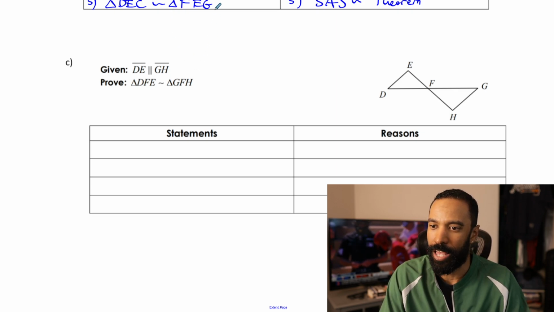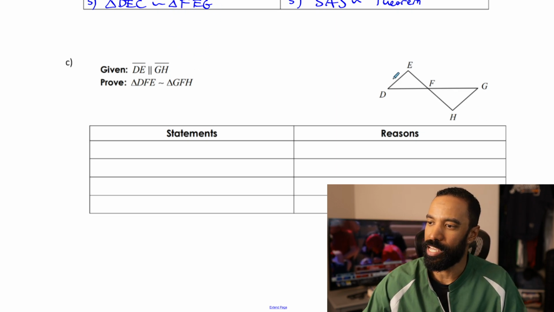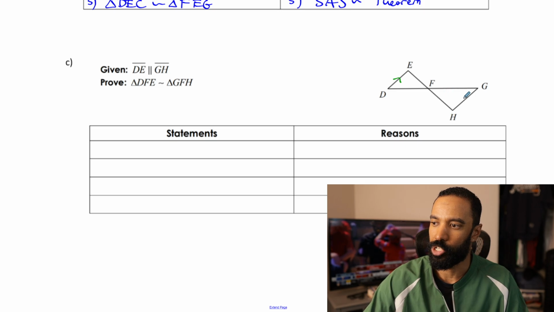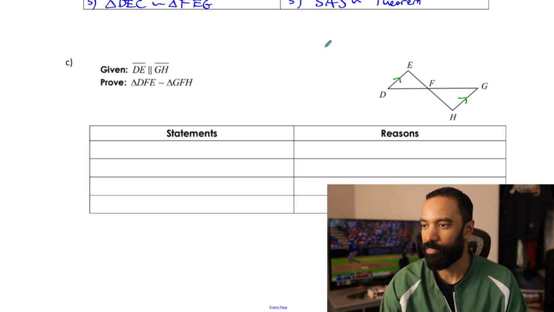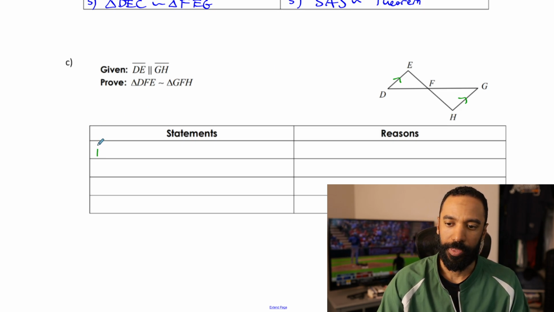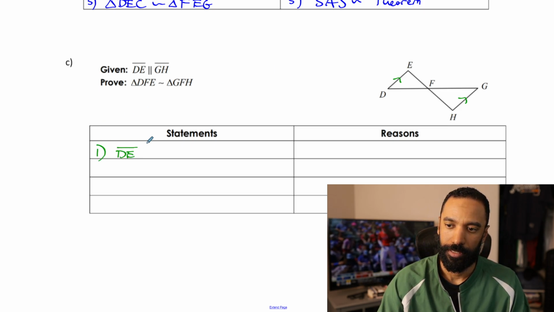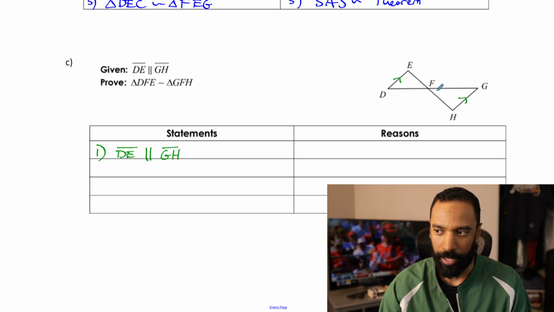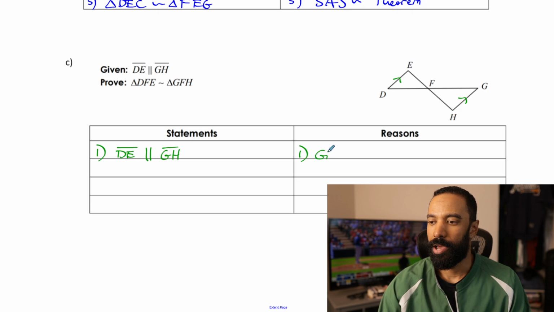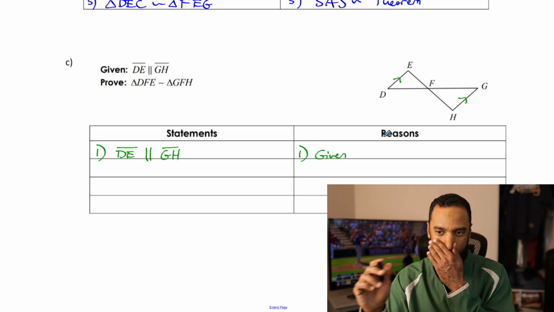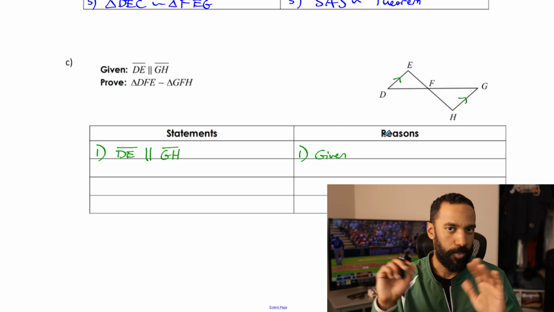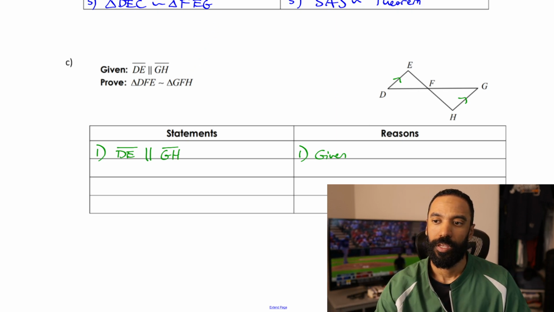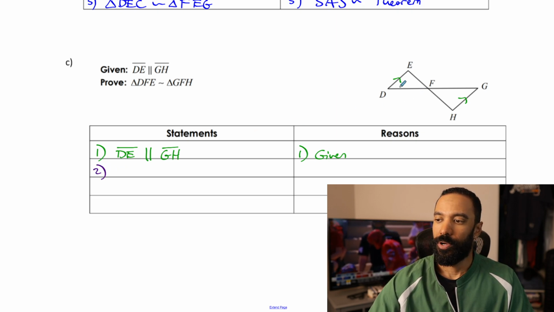DE is parallel to GH. DE is right here. GH is right here. Prove the triangles are similar, DFE and GFH. Start with the given. Now this is going to be another angle case. You can't see anything else marked. This is another one of those where I will take step 1 into step 2, and I will build step 3 in a different way to be diverse. Step 2,